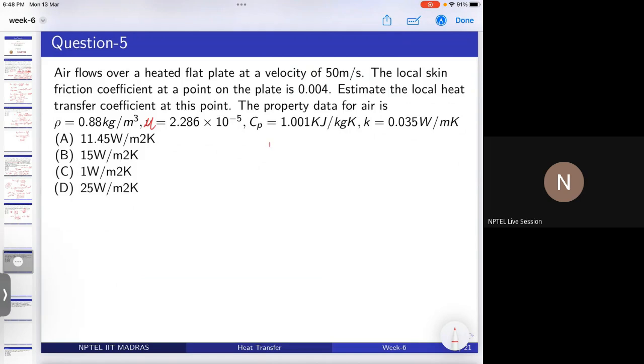So we are given u is equal to how much? 50 meter per second, and the local skin friction coefficient is given 0.004. We have to find out what is hx, a local heat transfer coefficient. So we have the modified Reynolds analogy,